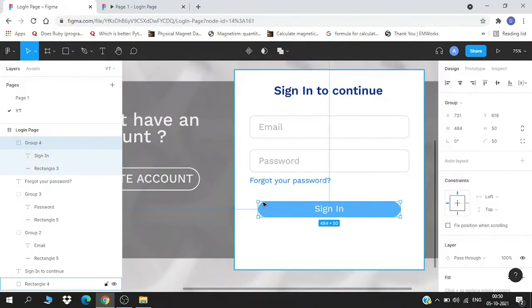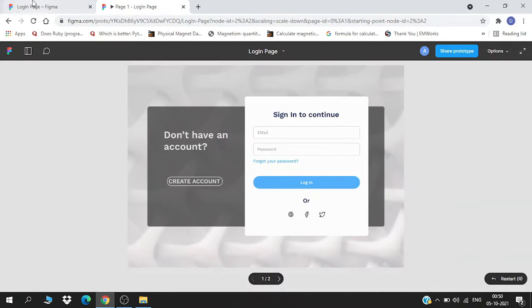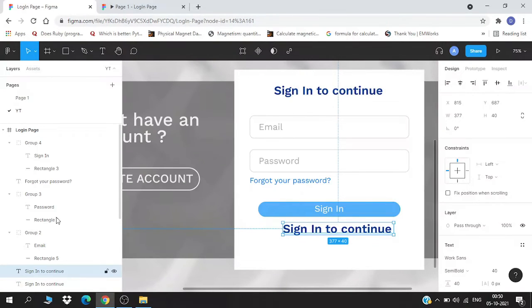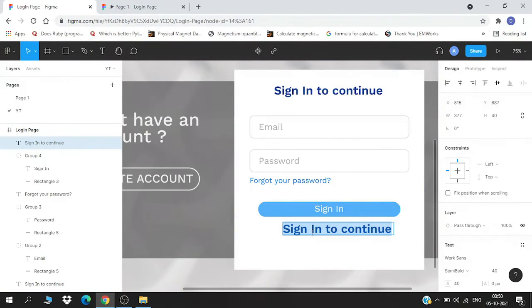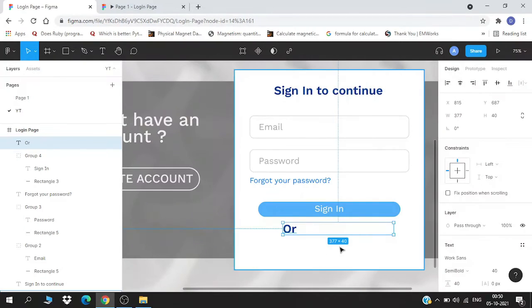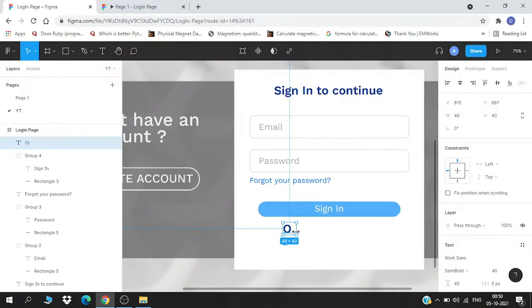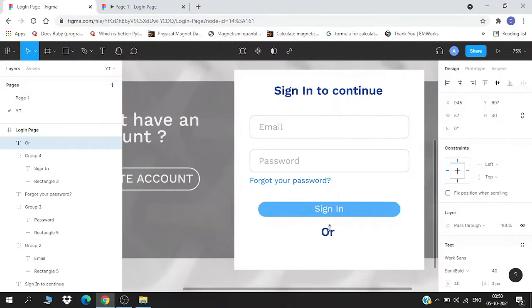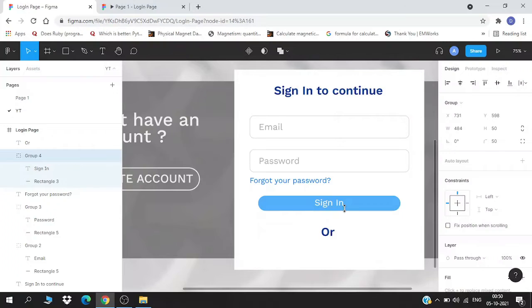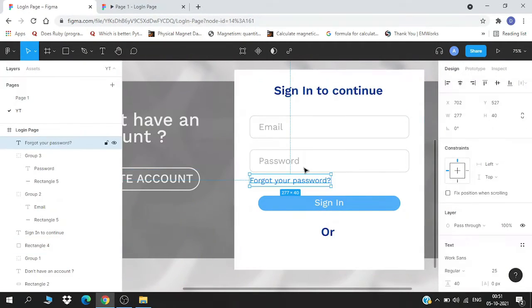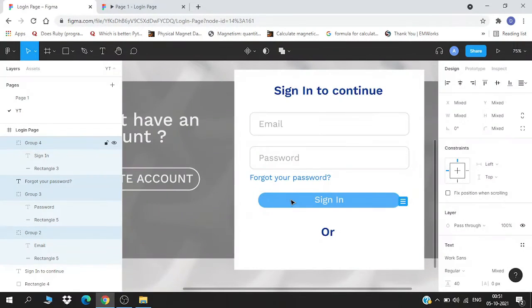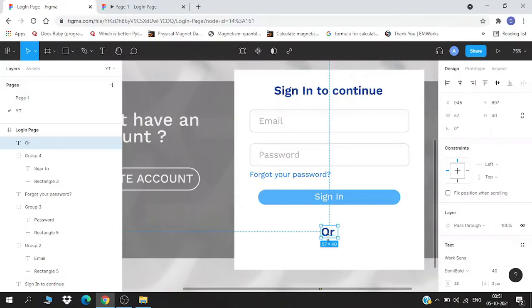For icons, I'm going to copy this again using Alt, take it to the top and keep it as short as possible and align with this. We can shift it a little bit upward, and actually we can shift all of them a little bit up. This will give us more space to play around.